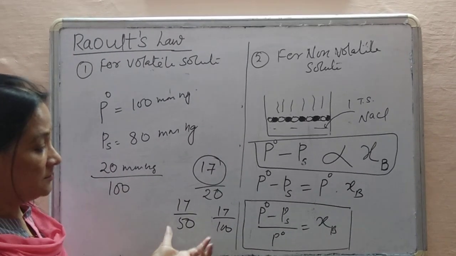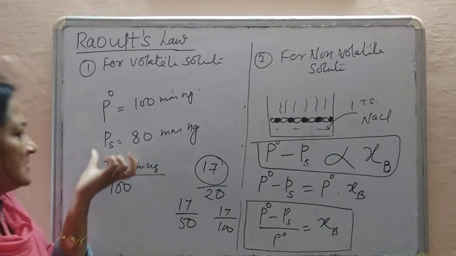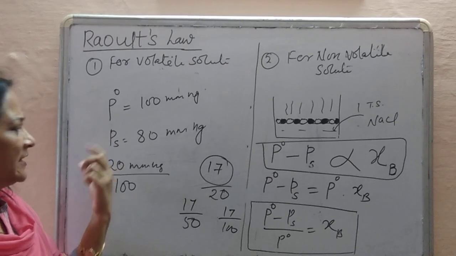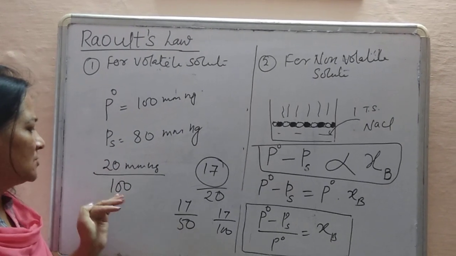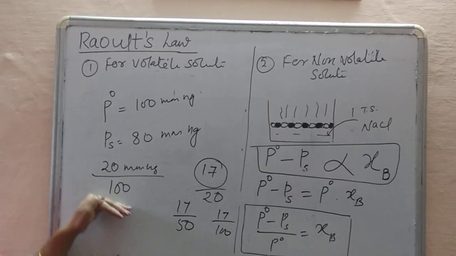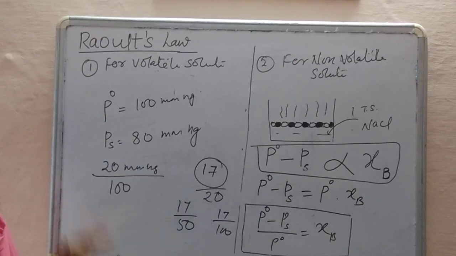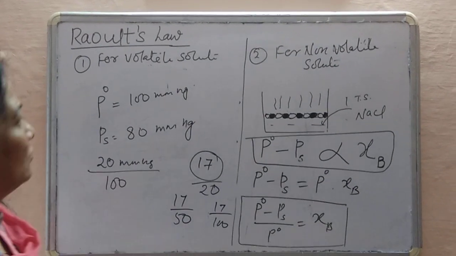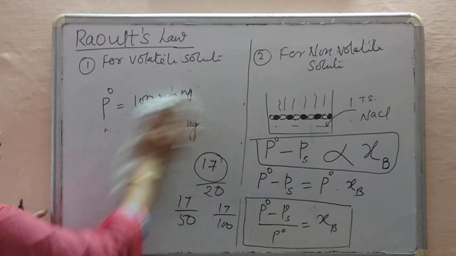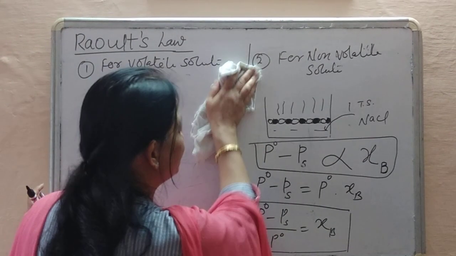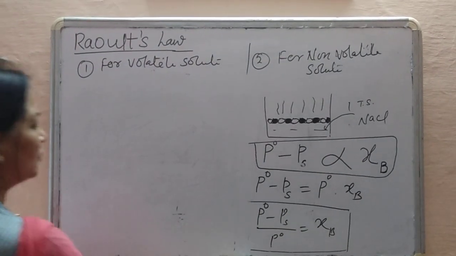So in this way, if we say this is the lowering in vapor pressure, then expressing it from how much amount, lowering from 100, that would be the concept of relative lowering in vapor pressure. So these are the two laws, and now I will explain the daily life application of this